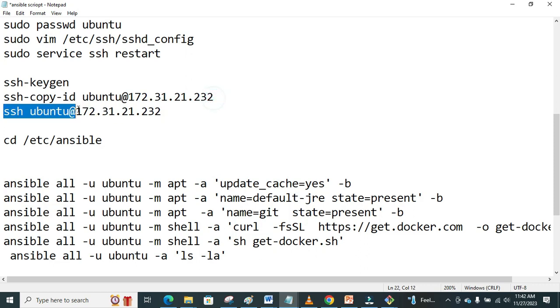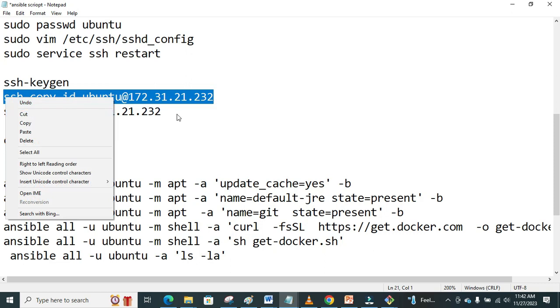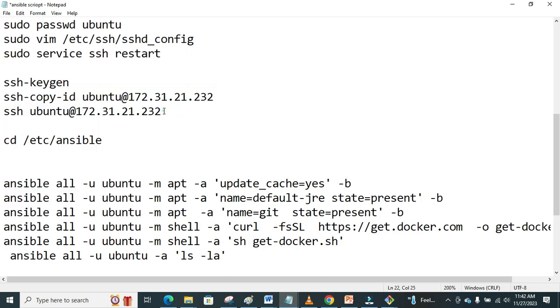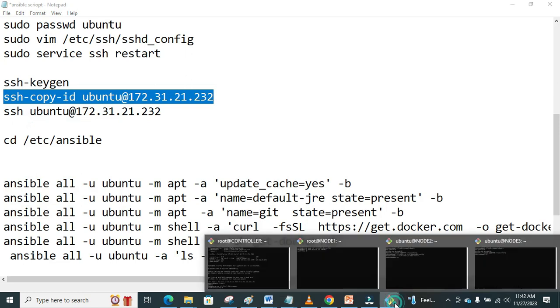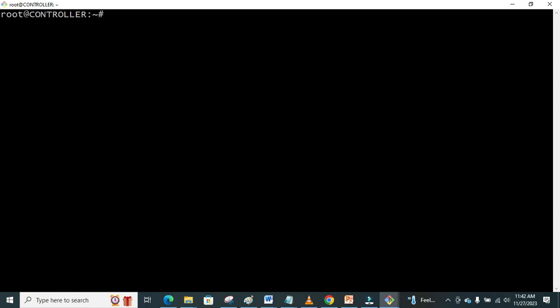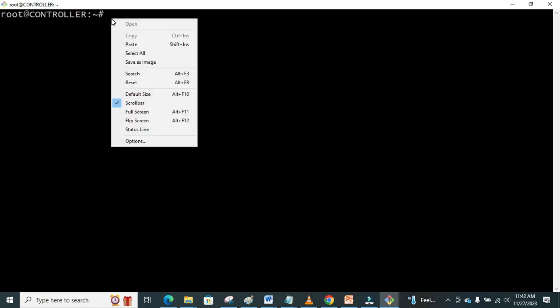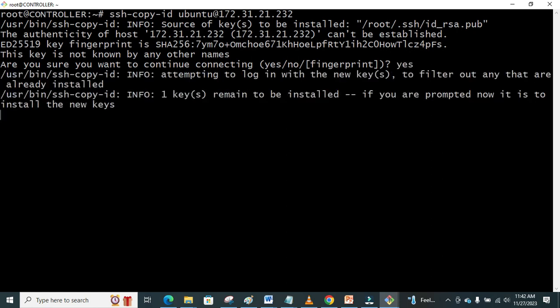So we copy all these. You can copy the two commands and run them at the same time, but we are going to run one after the other. So we have our permission denied. Okay, we have not yet changed